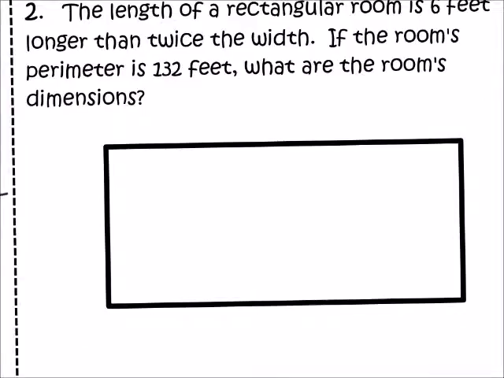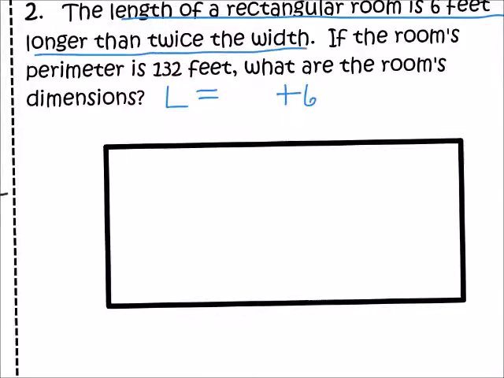And here's our last problem. The length of a rectangular room is 6 feet longer than twice the width. If the room's perimeter is 132 feet, what are the room's dimensions? Okay, lots of things in here. So let's start knocking these out. The length of the room is 6 feet longer than, so plus 6. What is it longer than? Twice the width,